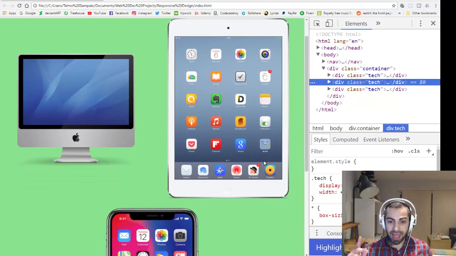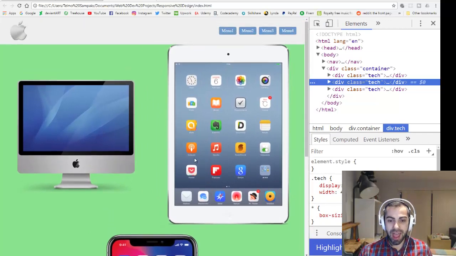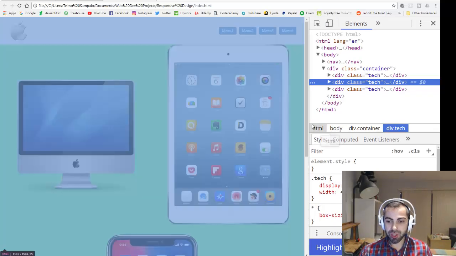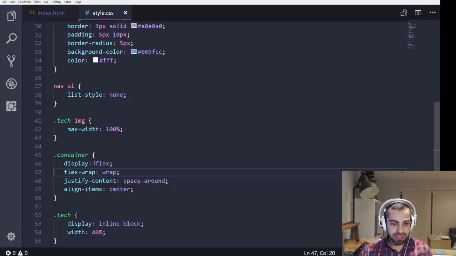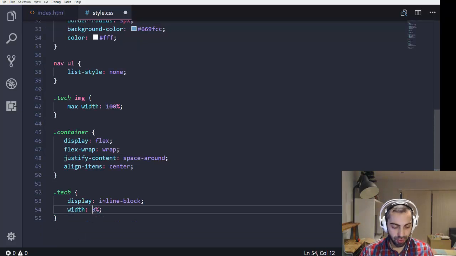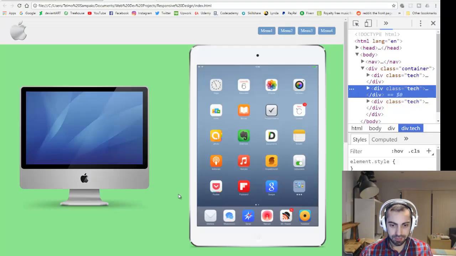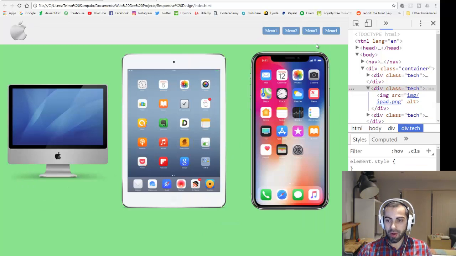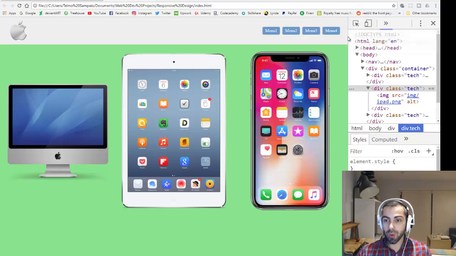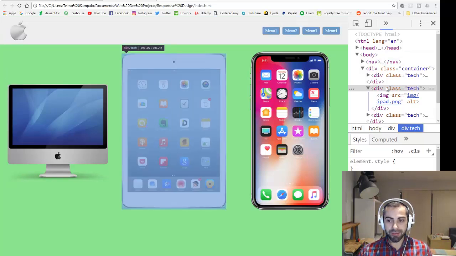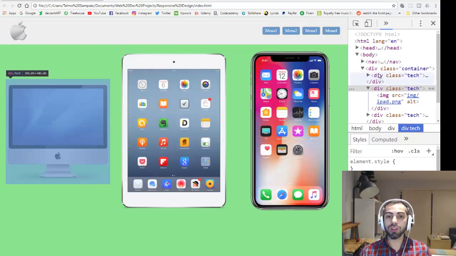Okay, so I'm going to do this now. I want this to be 30%. I'm going to put it in here as it was before. All right, now I'm going to start to use media queries. We already put each one of these divs to have 30%, but I want, for example,